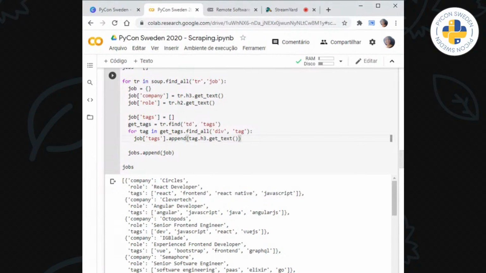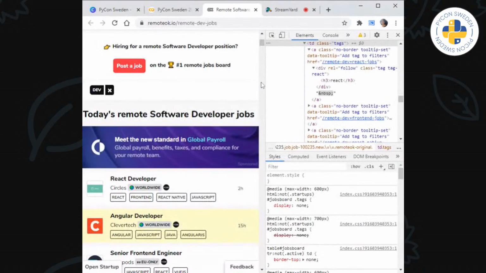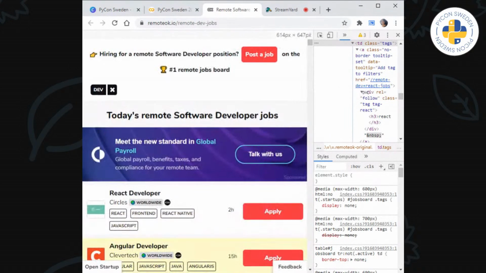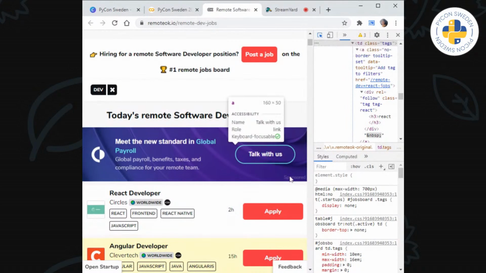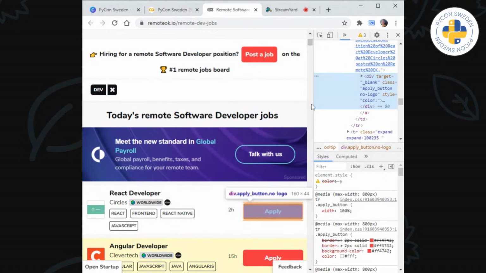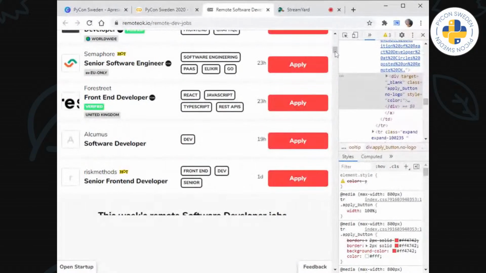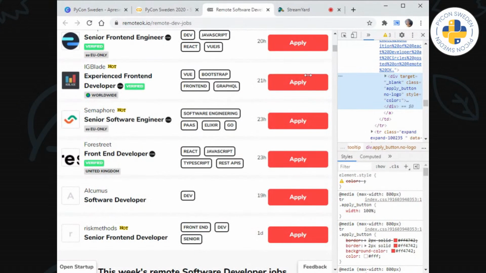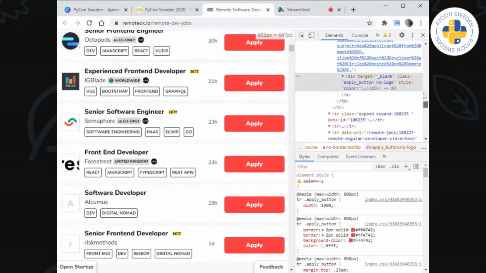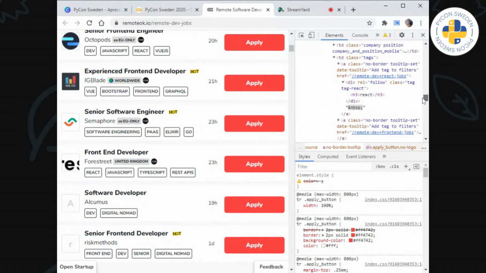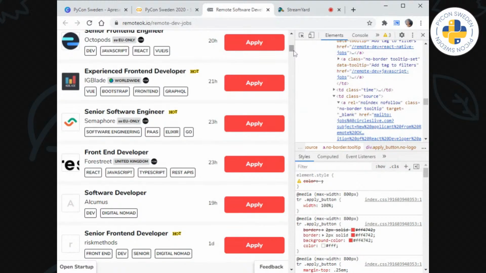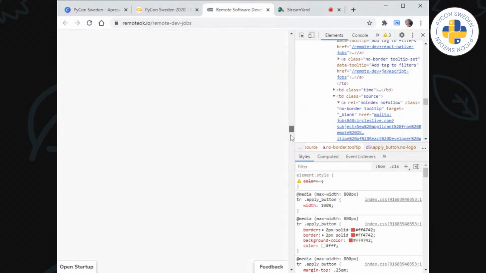The next step, and also the last step, is for us to get the link, right? This apply button here that is inside of a div. A problem I've noticed within this part of the code is that there are job posts, roles with the class job, that have no button because they are already outdated.